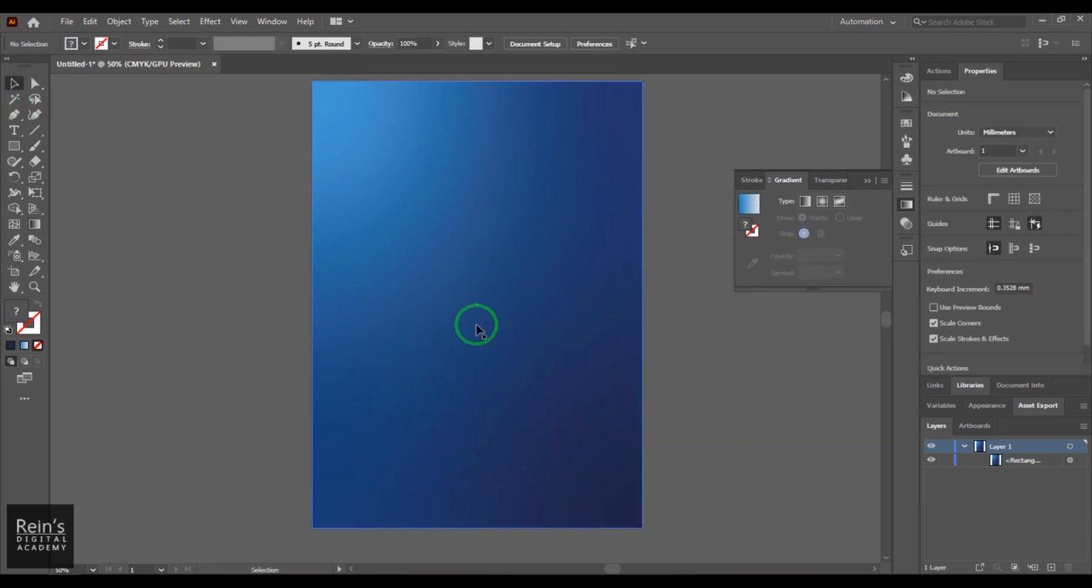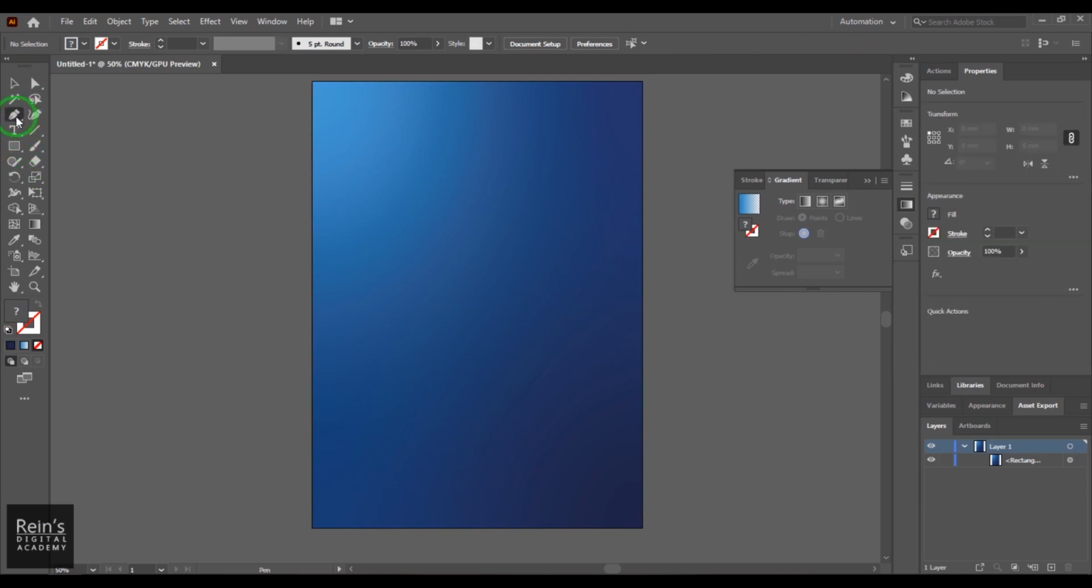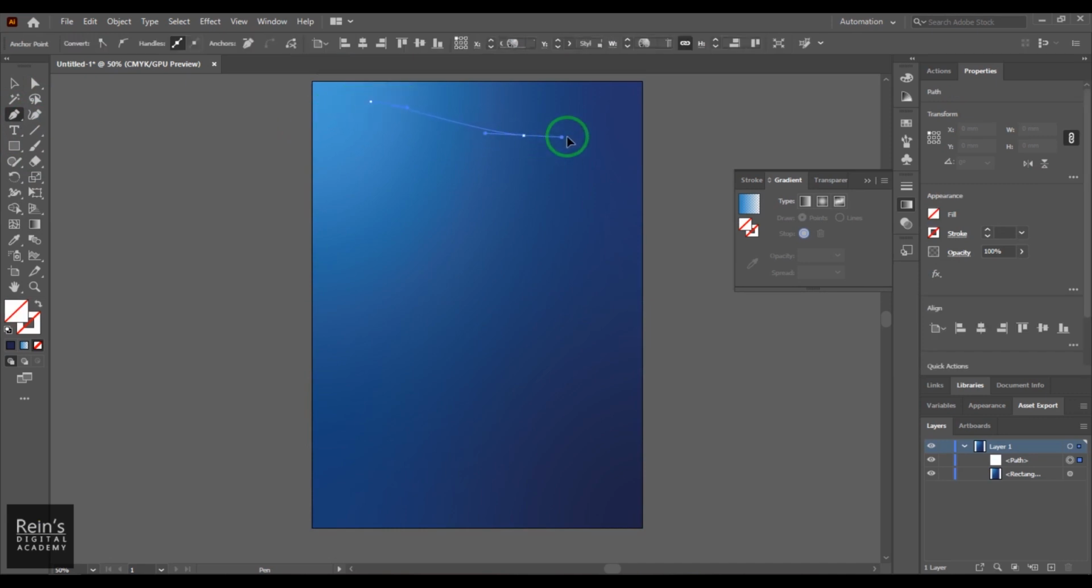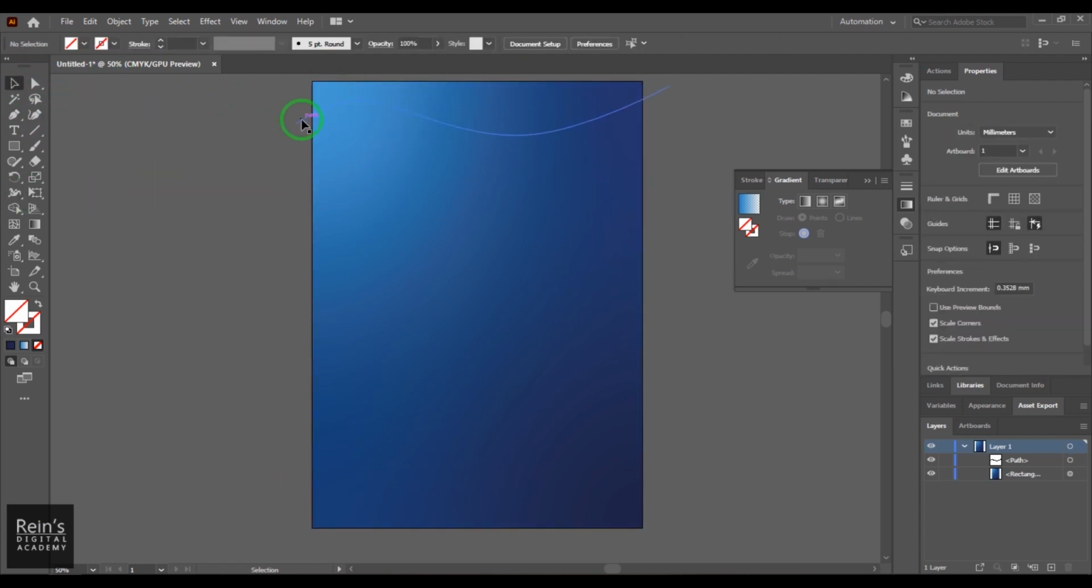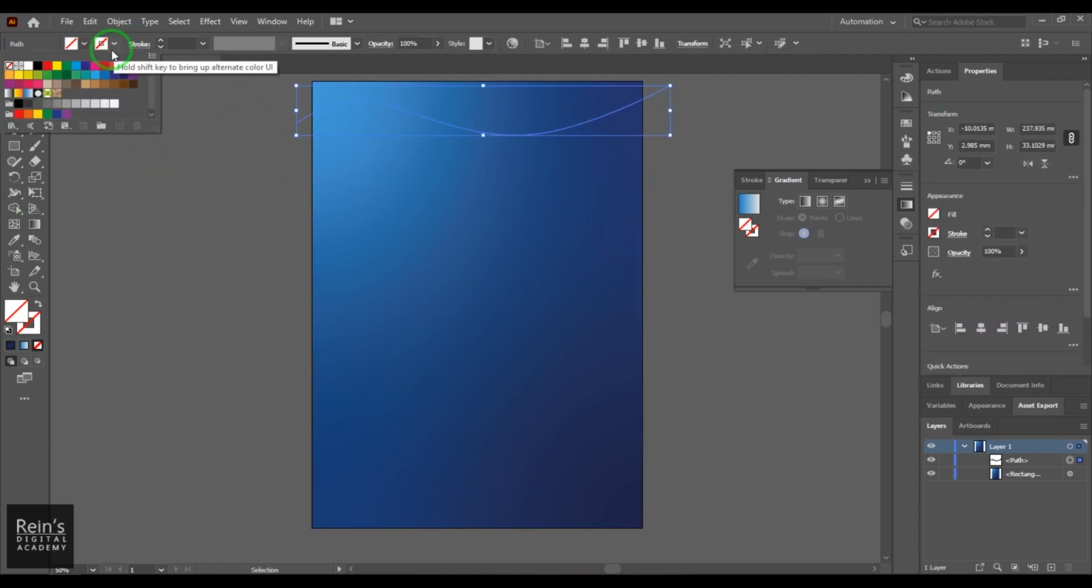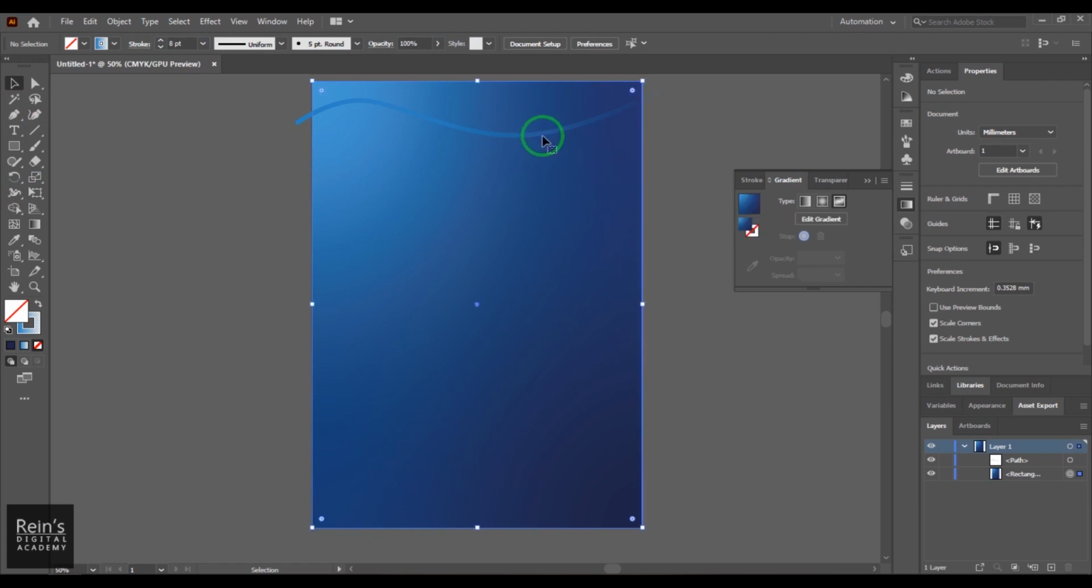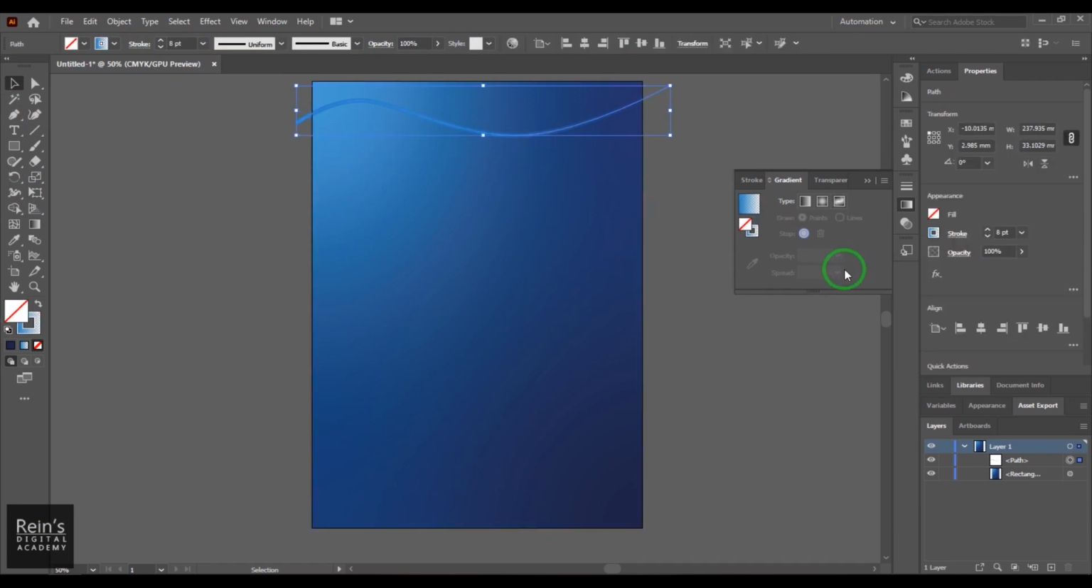Okay, let's leave that. Now what I'm going to do is I'm going to use a pen tool. Okay, and then I'm going to draw a nice path like that. Okay, I hit escape and then I select that path. Okay, and change the stroke to the gradient. Okay, and increase the stroke value. You should be able to see that stroke. Okay, I select that stroke and then